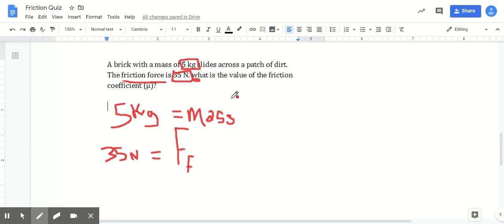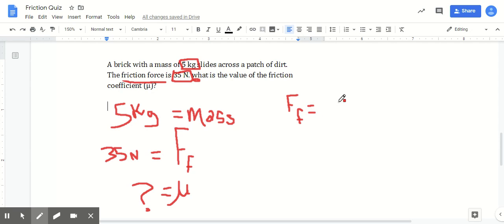The next thing we need to worry about is how are we going to find this value of the friction coefficient that it's asking for? And remember, the friction coefficient is called mu, and it looks kind of like a U with a long pointy tail. We don't know what that is, that's what we're trying to find. So we do have an equation that involves all this stuff, and it starts off with friction force equals,